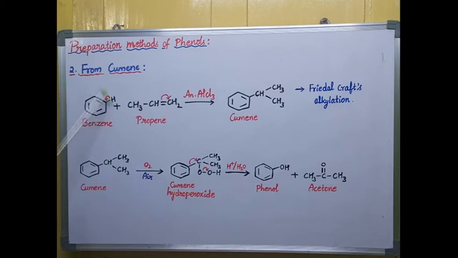I am removing this hydrogen now. In order to remove it as H plus, I'll indicate the arrow, donation of electrons. I'm breaking this bond and donating these electrons to this carbon. So this proton will come out as H plus and this carbon gets a negative charge. Now propene is there. I'll break the double bond and shift the bond towards this side. So this carbon gets a negative charge and this carbon gets a positive charge. Now this positively charged carbon attacks the negatively charged carbon here.